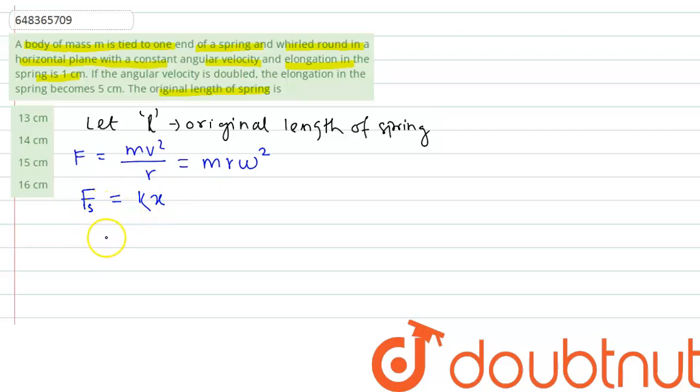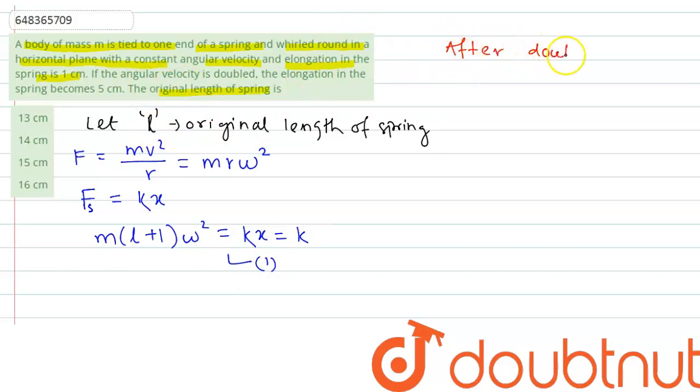So we can write what will be the force after elongation, centripetal force. This will be m into L plus 1, because elongation is 1 centimeter, into omega square. This will be k into x, and x is equal to 1 centimeter, so this will be k into 1, or simply k. So this is our equation 1 when the angular speed is not doubled. So after doubling angular speed,